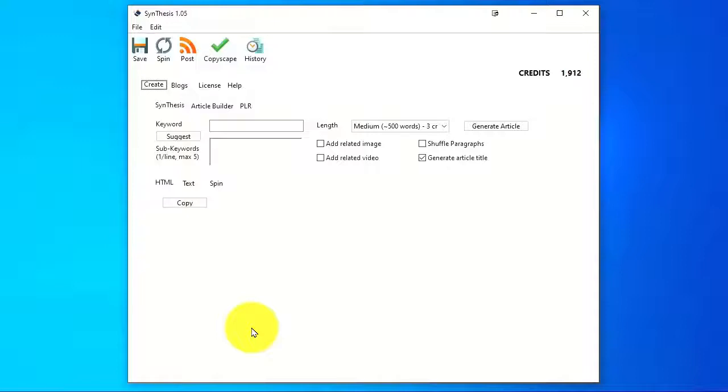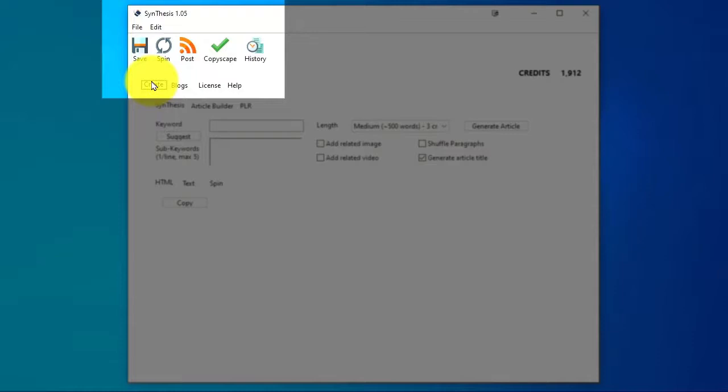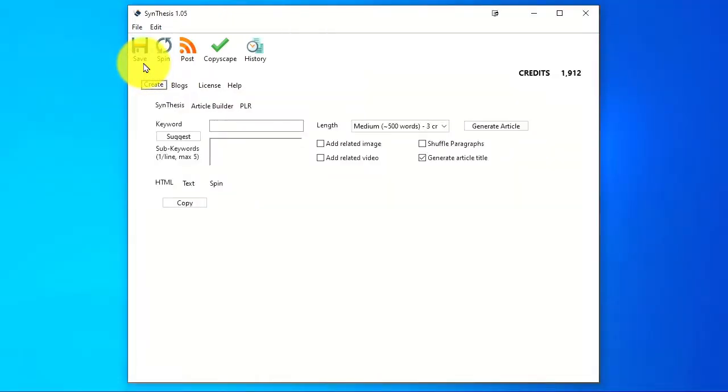In this short video, I'll show you how to use Synthesis, which is a very simple tool to use. At the top, we have a number of icons which give you menu options. Save will save whatever is displayed on screen after you've generated an article. Whether it's the HTML, text or spin version, this will save it to your computer so that you can use